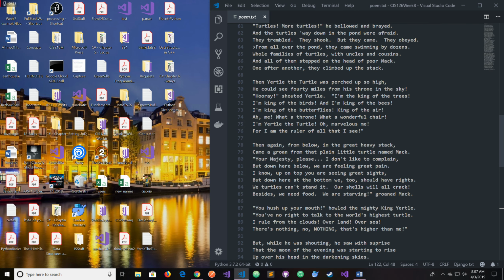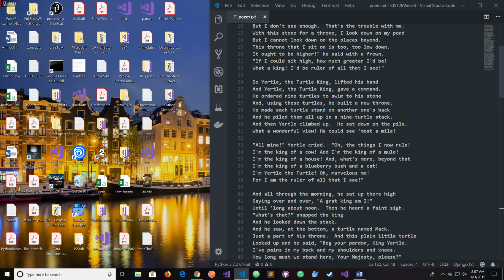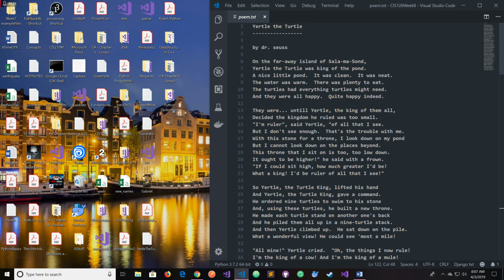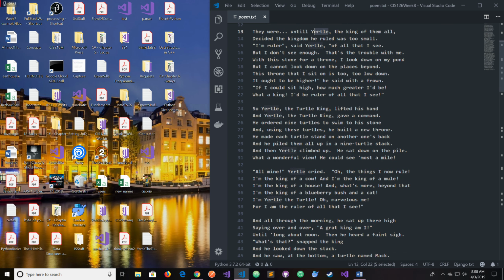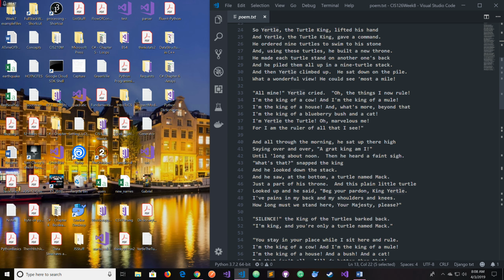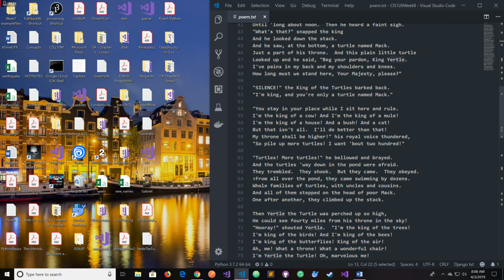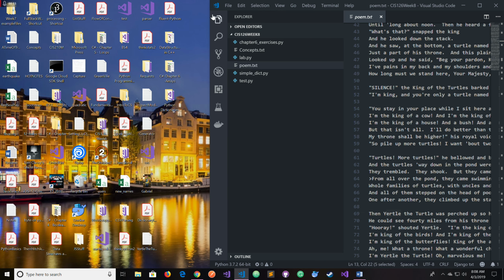the poem that we have right here as a txt file to be parsed through, and using a function to try to count the occurrences of each word. See how many times they repeat, like the word turtle, I know it repeats quite a lot. Yurtle repeats quite a lot. There are many words over here that are just very repetitive, so building a function for this,